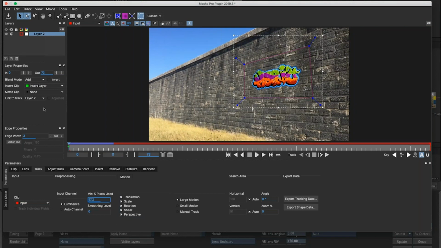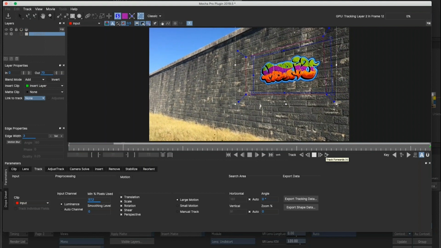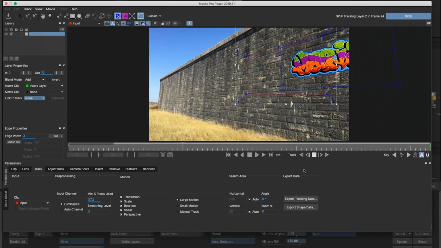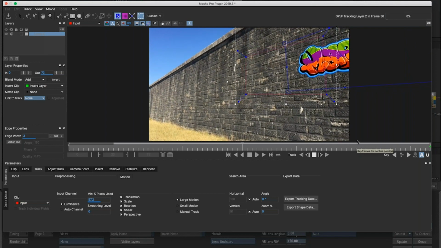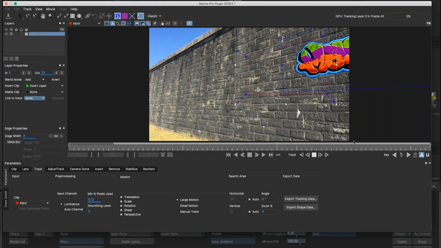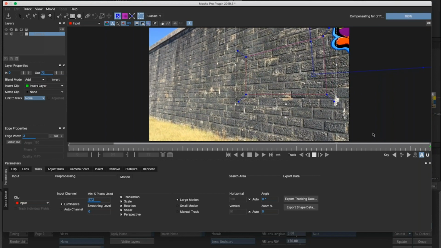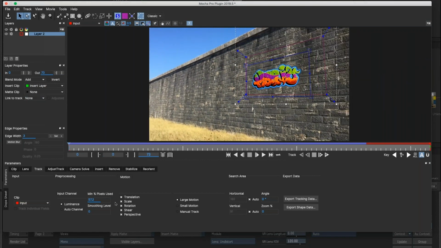What I'm going to do instead is say, I don't want to link this to anything. I just want that shape to stay here and scan the area underneath the shape and then apply that perspective move to the object inside the tracking area. So basically this acts as a scanner to derive the 4-point tracking information to offset my object. This is very useful if your target's going out of frame, or if it's occluded or spoiled by atmospherics or lighting or shading. So now if I scrub back, you can see I've got my graffiti tag